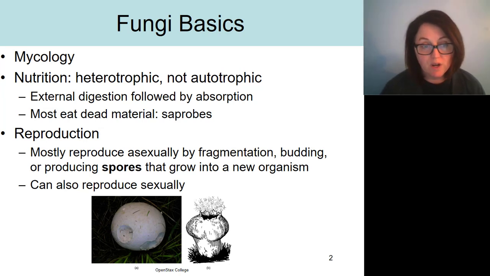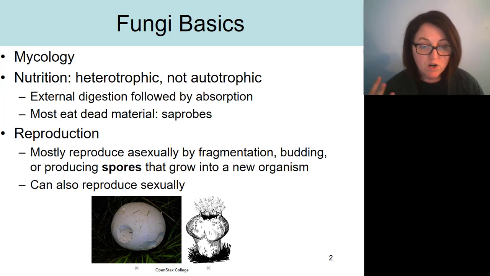All right, in terms of reproduction, fungi are all capable of reproducing sexually, though many fungi are also capable of asexual reproduction. When reproducing asexually, the fungus can use fragmentation or budding, which we've talked about in a previous video, but just a quick reminder. Fragmentation is when the organism splits into parts and each part grows into a new organism, whereas budding is when a small structure starts to grow on the organism and then breaks away and becomes a new organism. But fungi also reproduce asexually using spores.